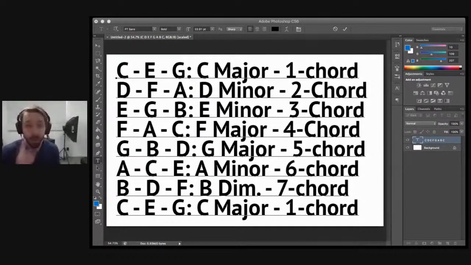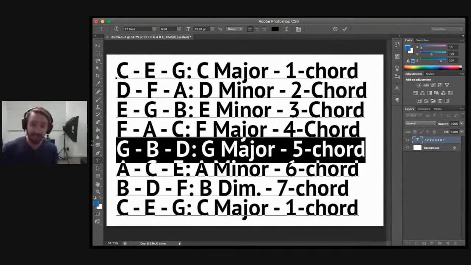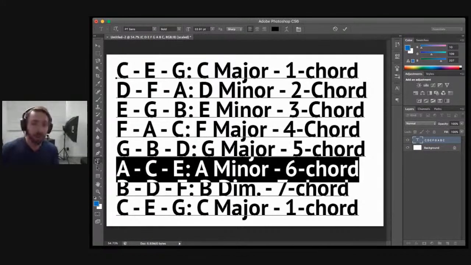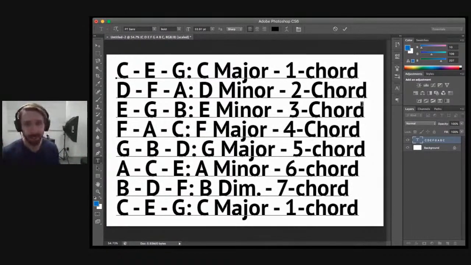So in that one tiny little riff, we haven't even got to the full song yet, we've got a 1 chord, the C major chord, very home, very strong, then the 5 chord, then the 6 chord moving up, then the 4 chord. So we've got a 1, 5, 6, 4 progression. By the way, this is a super common progression. There's tons of songs that use this.